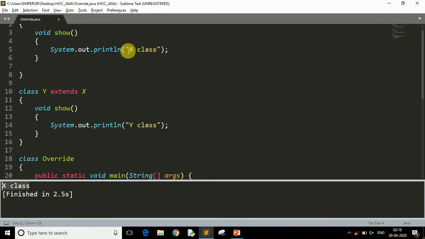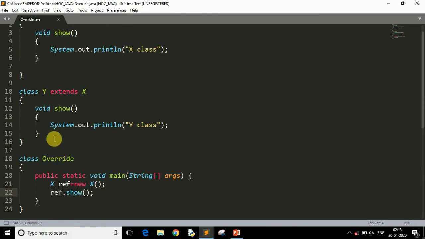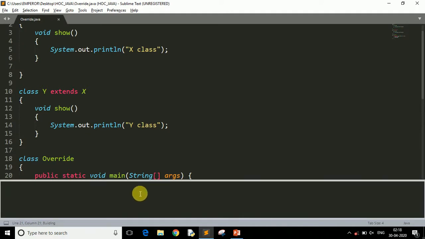Okay, so now if I want to call this show method of class y, I have to create an object of class y, right? So y reference equals new y, this is the reference variable and this is the object, and then reference dot show. Let me run this program now, and as you can see it calls the show method of class y.